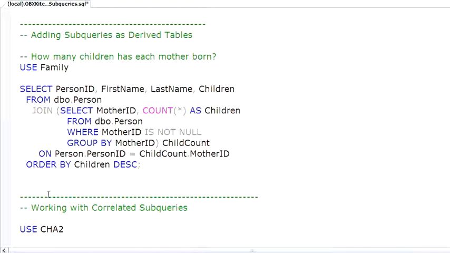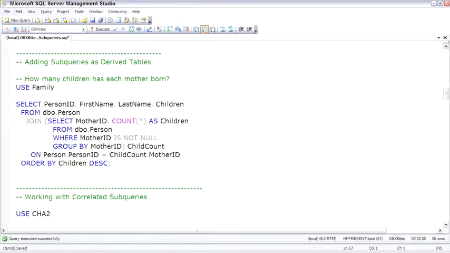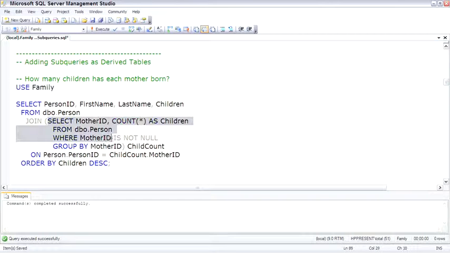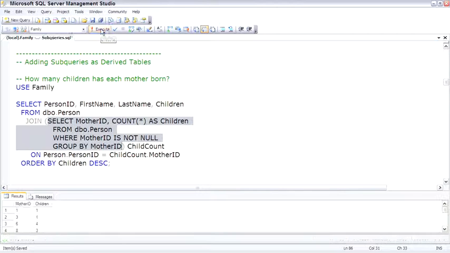In this example, the derived table is solving the problem of an aggregate query that wants to show additional information. We'll talk about aggregate queries in the next lesson, but the problem here is that an aggregate query can only return columns that are either involved in the group by or are doing some kind of aggregate function, in this case the count of rows. So to execute this simple subquery, I first need to be in the family database. And you'll see the aggregate query only shows us mother ID and children, which might be accurate, but is not